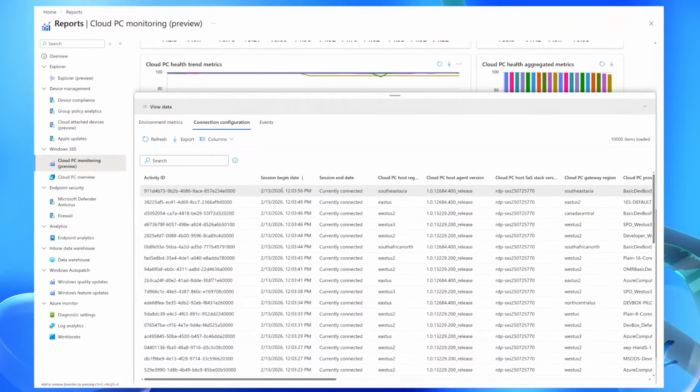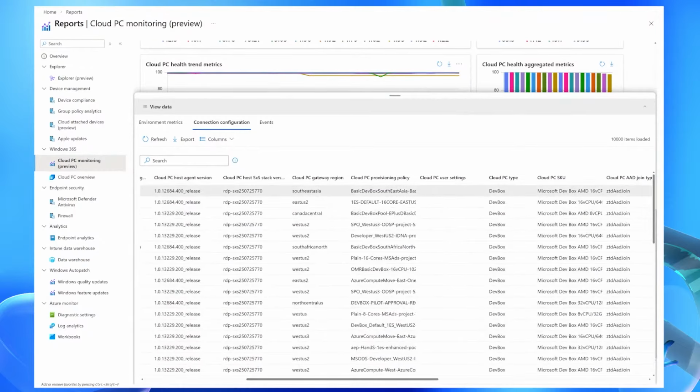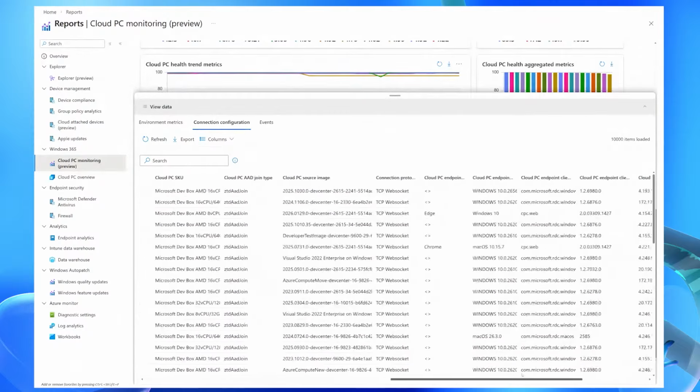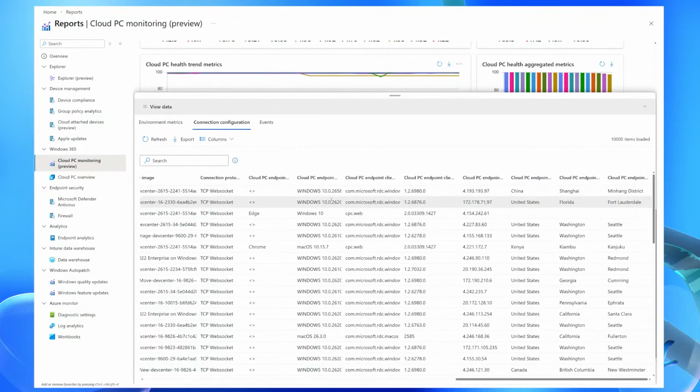I can go all the way over. I can see what is the agent being used? What's the gateway where the connection went through? What is the Cloud PC type? What is the image? What is the connection protocol, and so forth? All the way through, where is the user's endpoint connected from? Meaning, what city, state, and country is the user actually located in, and use that in order to do my diagnostics. But the thing I wanted to point out is we have 10,000 items